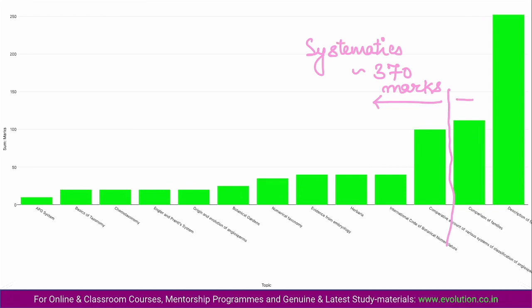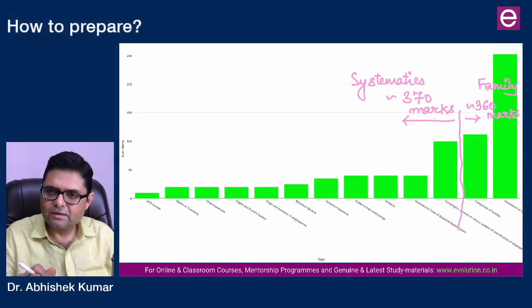And from here, if you go right, then here you have got approximately 360 marks, and these 360 marks have gone to families description. 20 families and 3 subfamilies of Fabaceae. So that's how the weightage have been given. Now,